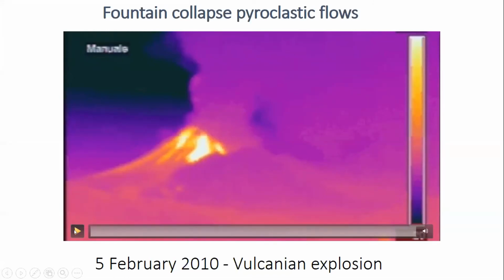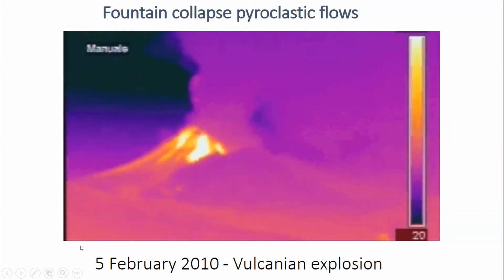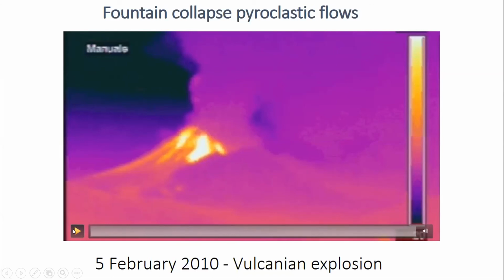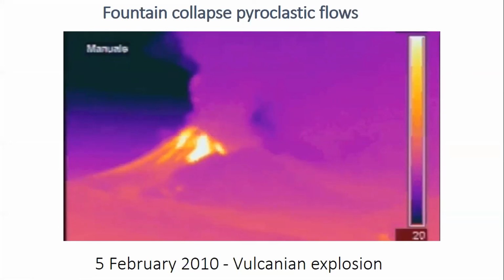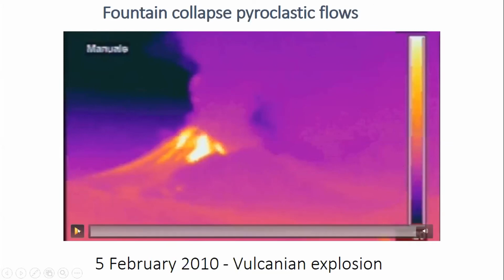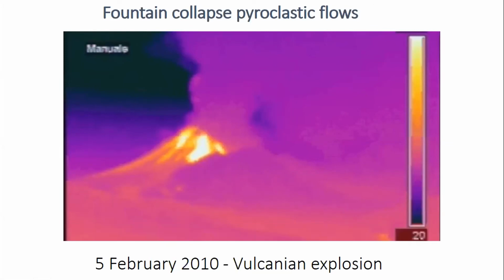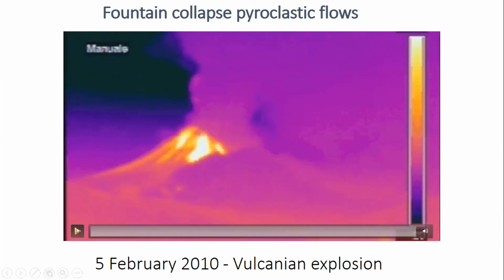We can also see these from looking at thermal cameras. And one of the ways that volcanologists monitor volcanoes these days is using thermal cameras. If you've looked at any of the footage or the monitoring from Mount Etna, they use thermal cameras there. So this is relatively low resolution, and it's sped up. It's not in real time, but it's a video of a volcanic explosion which occurred at Montserrat in 2010.